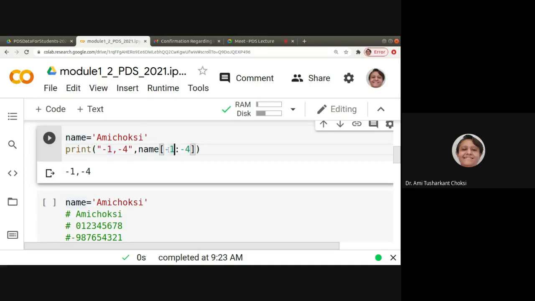Because typically we should have start as a lower number and end as a higher number, right? But when it is negative, we can say that -1 is actually greater than -4, isn't it? So if it is the reverse way, then we'll be getting an empty string. But if it is 1 and 4, then it is proper, so it will give us the characters from 1 to 3: 1, 2, and 3.